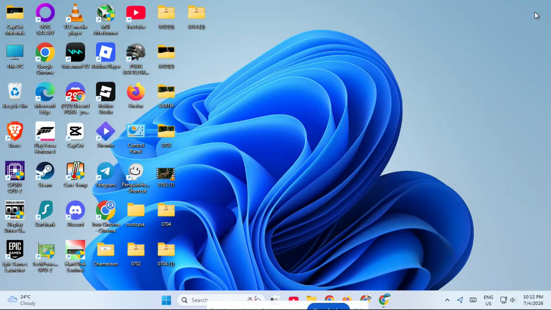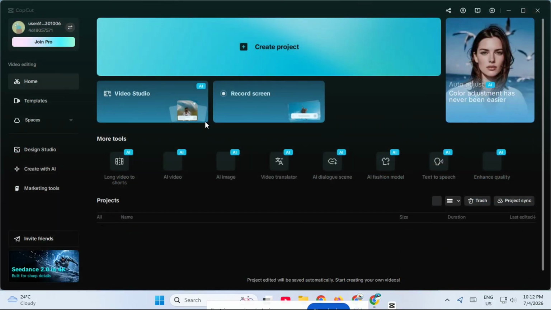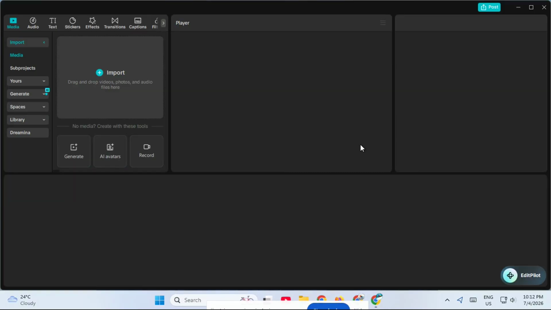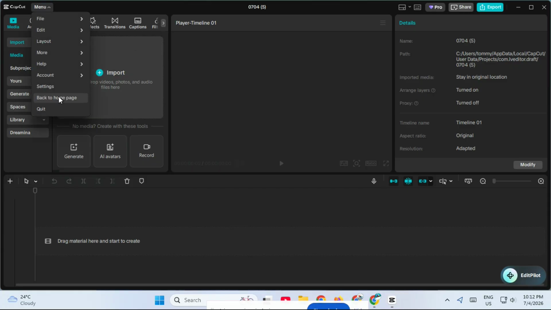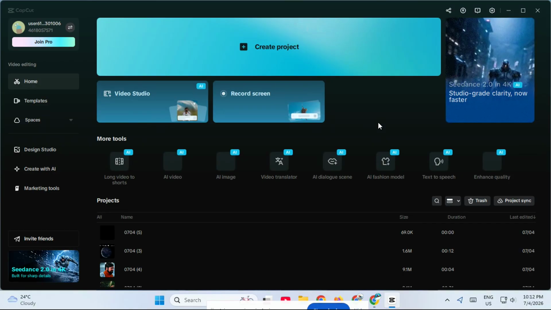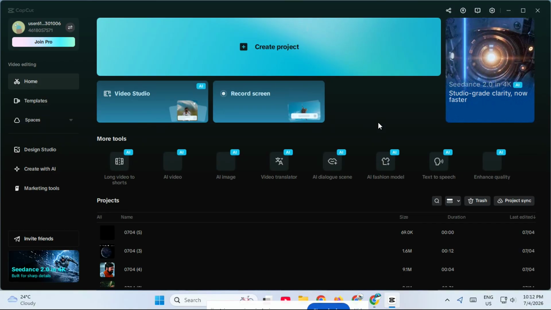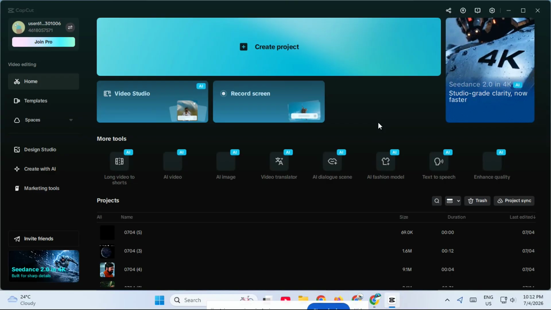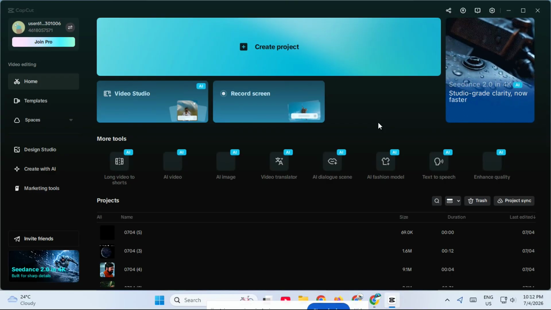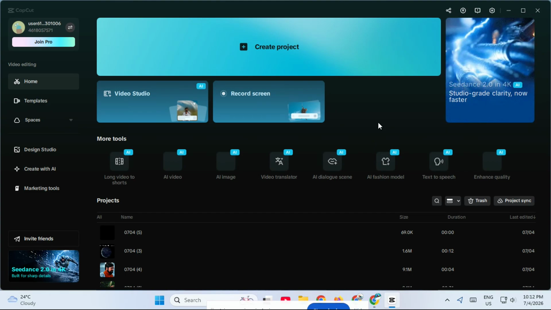In many cases, one of these fixes will solve the problem right away. If not, try combining them together, because performance issues are often caused by more than one thing at once. For example, an outdated version plus a full cache plus too many background apps can make CapCut feel much worse than it should. So to recap, check CapCut service status, confirm your PC meets the minimum requirements, close unnecessary background